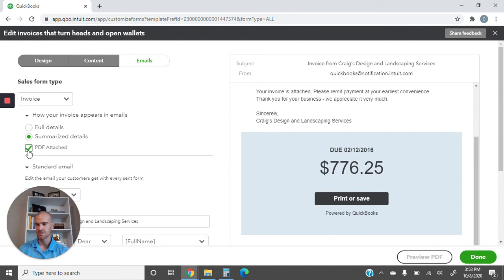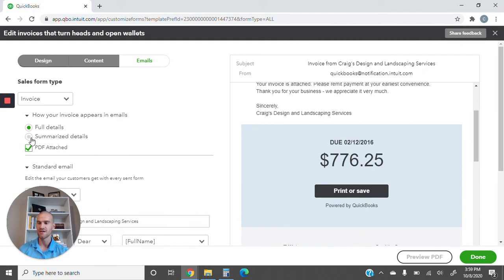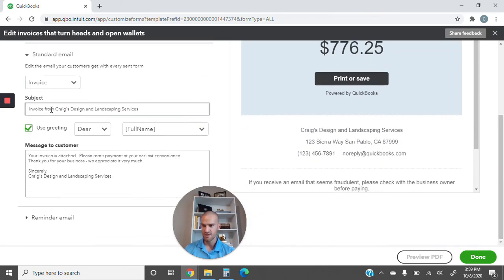You'll see this is also checked PDF attached. That means that there's a PDF of the invoice attached to the email, which is useful for your clients generally. You can also do full details. That'll show the entire invoice in the email. Most people do summarized details. And then standard email, so you can play around with the subject and the message in the email, and then